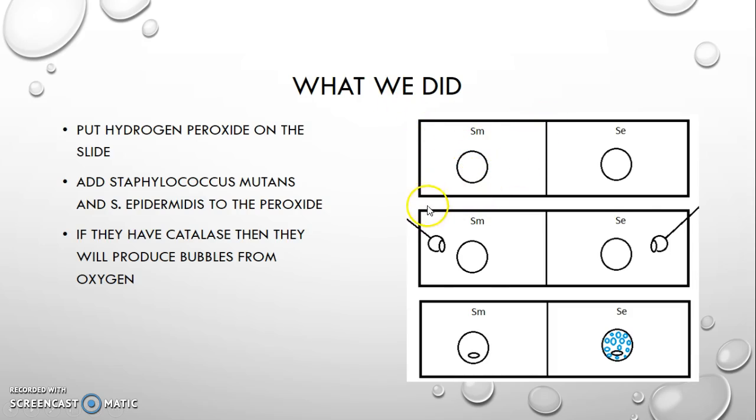We took a glass slide like we use for microscopes, divided it in half with a marker, and put a big drop of hydrogen peroxide on both halves. Then we took our inoculating loop and took Staphylococcus mutans and added it to this hydrogen peroxide drop, and we took Staphylococcus epidermidis